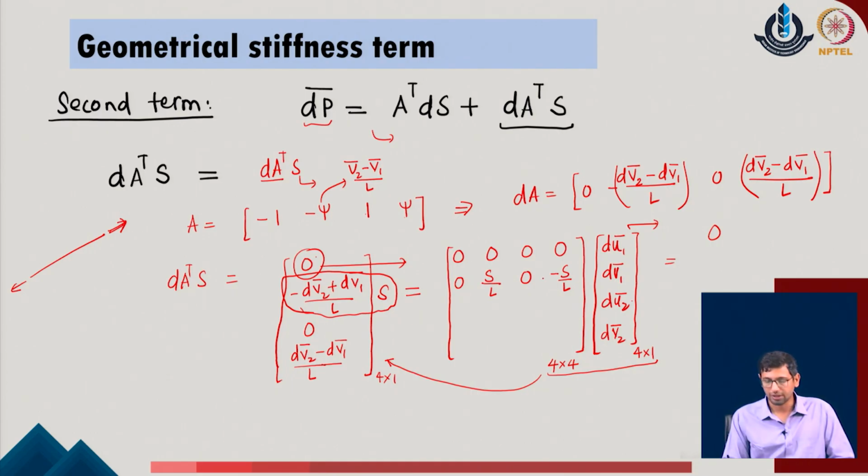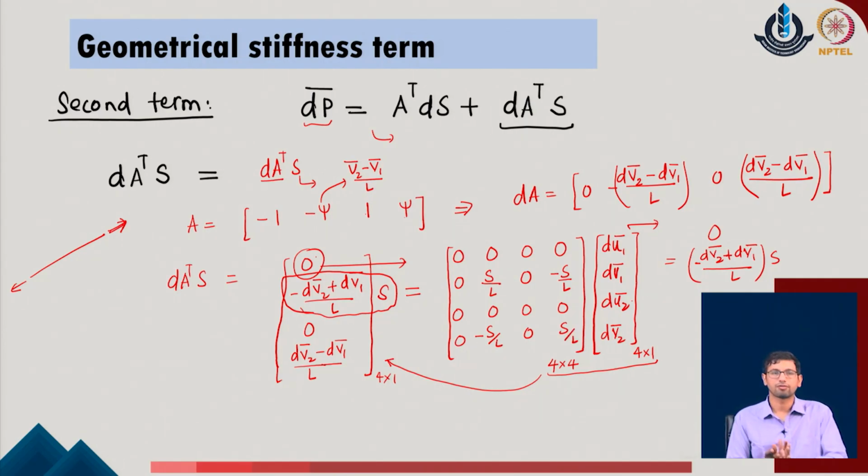So if you now multiply this second row with the column vector, you will realize that this eventually gives you the same expression of dv2 bar plus d of v1 bar upon L into s in the given problem. This is the expression which we initially started with, and that is what we have obtained by this standard form. Now similarly I write the third one, which will again come out to be all 0, and the fourth one, I will write as minus of s upon L, 0, s upon L in the given system.